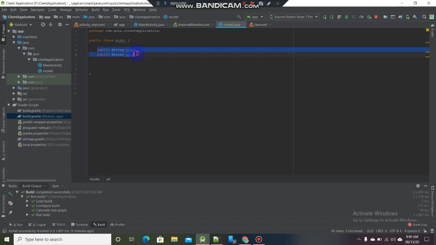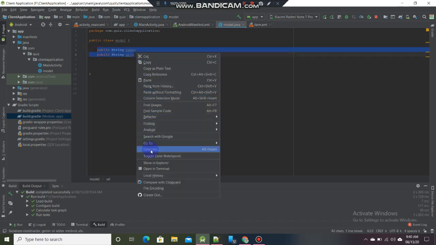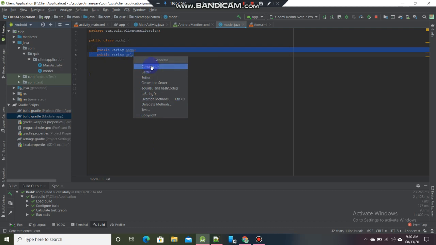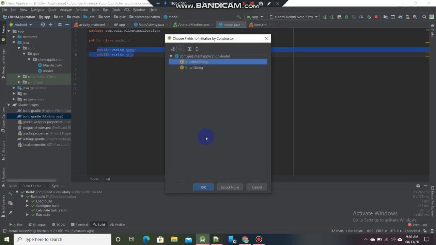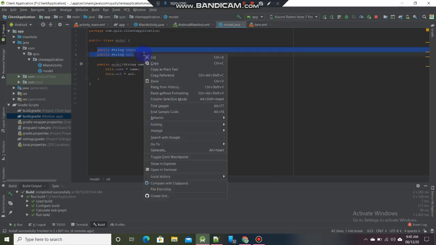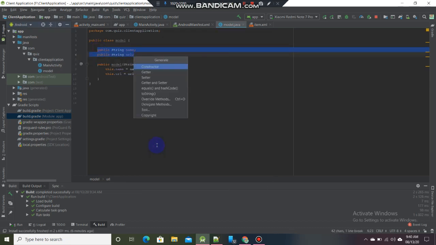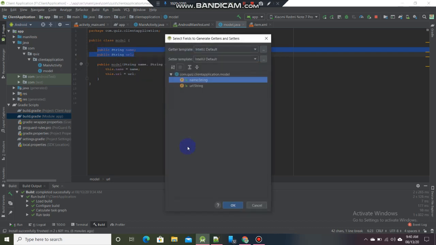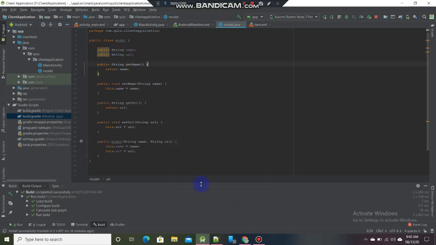So create a constructor. And second thing is create getter and setter methods. Okay, so create it.